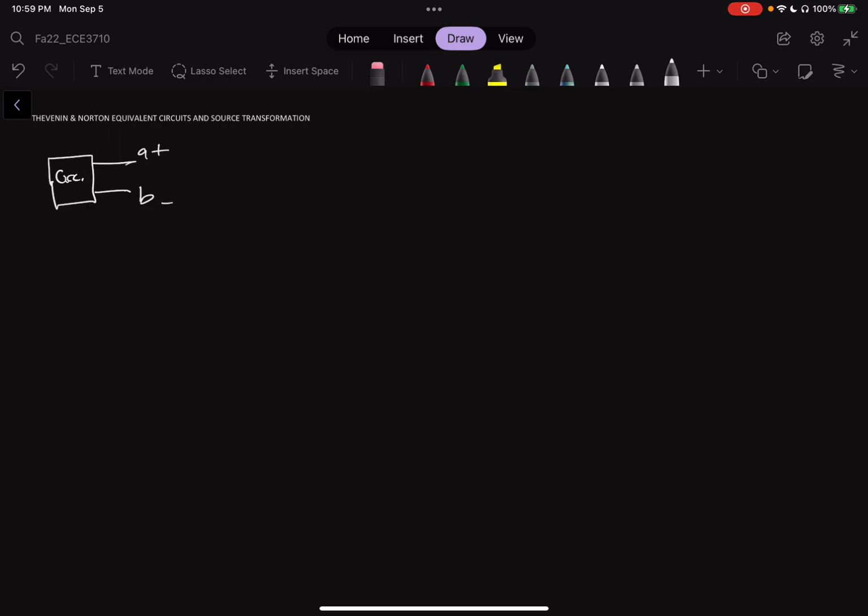The whole concept of Thevenin and Norton equivalent circuit is that you can then simplify the circuit to have some voltage source in series with a resistor, where the voltage source is called the Thevenin voltage, which is also equal to the open circuit voltage VAB, so they're equal to each other. Some Thevenin resistance,